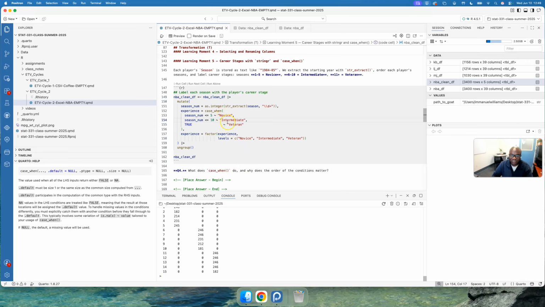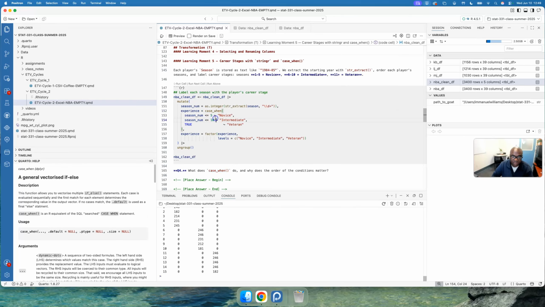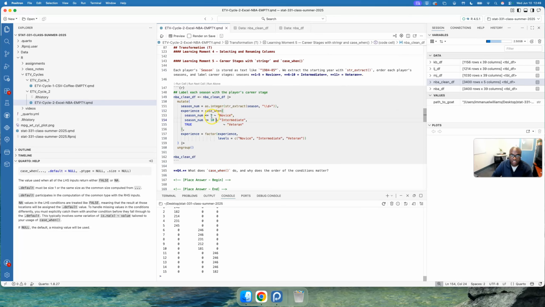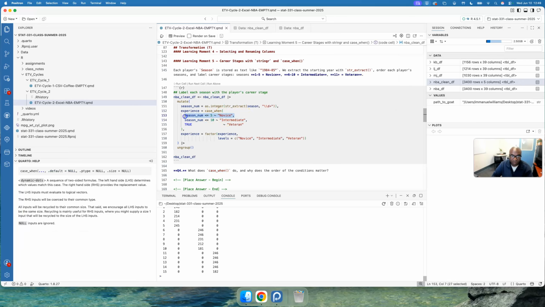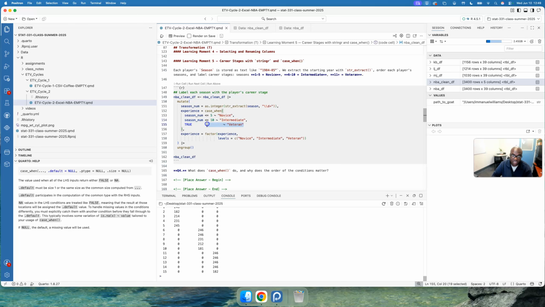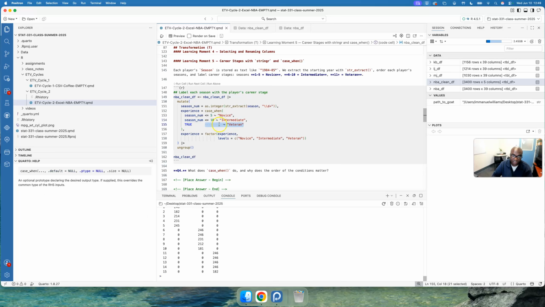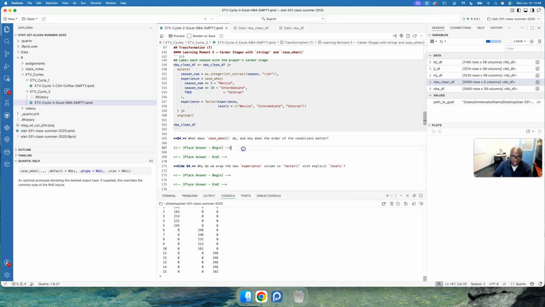Something that I didn't get to emphasize, because there are a lot of different moving pieces here, is case_when. So case_when allows me to subjugate the case based on a certain condition. So I'm able to subjugate this case when season is less than or equal to 5 as novice, intermediate when it's less than or equal to 10, and then the rest is going to be veteran. Okay, so how would you articulate that? So you would say case_when